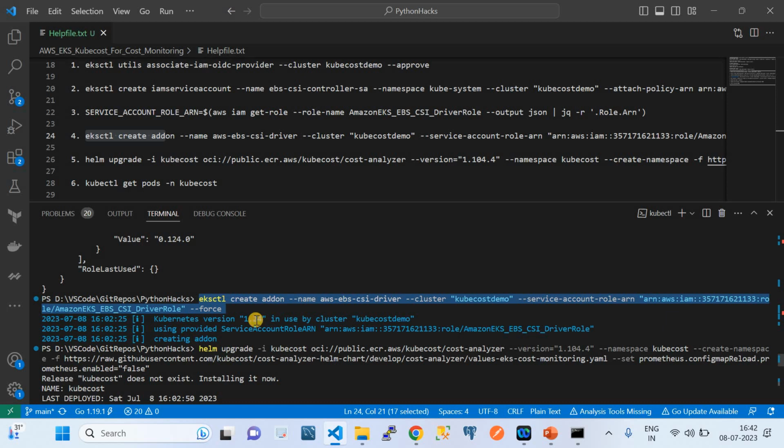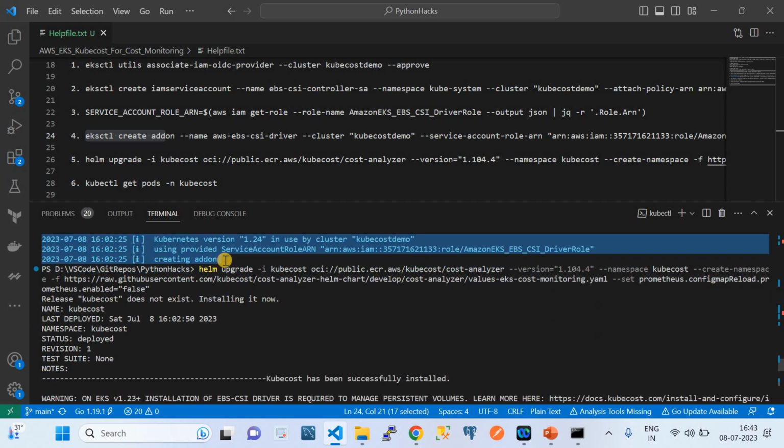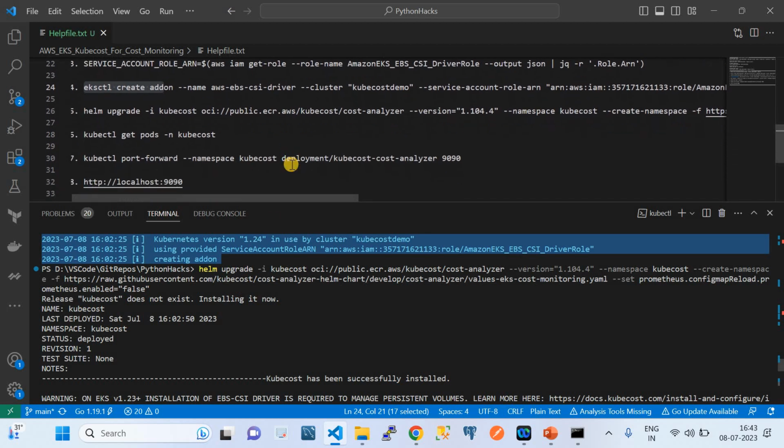You're going to end up installing Kubecost on your EKS cluster. Now what we are doing is adding the EKS add-on, that is kubectl create add-on. The name of the add-on is AWS EBS CSI driver. This is my cluster, this is my role, and then finally we use force, just to create the add-on forcibly. Once you see that creating the add-on is complete, the prerequisite of your Amazon EKS cluster is